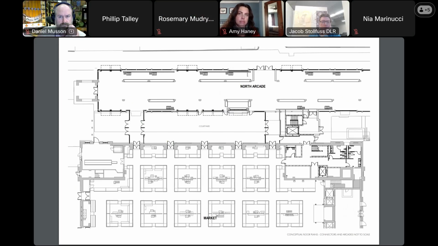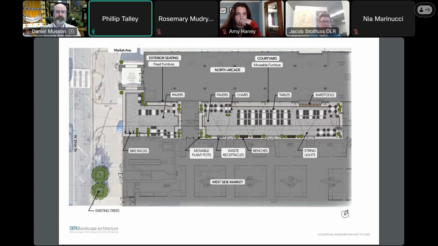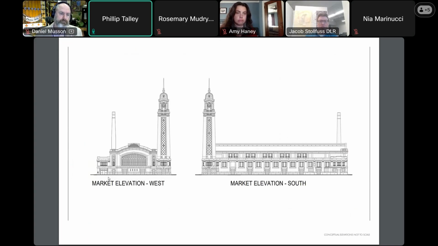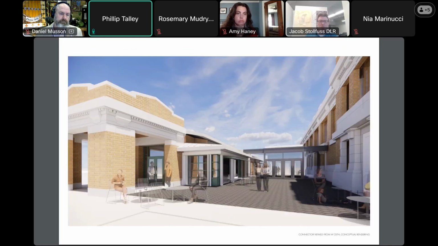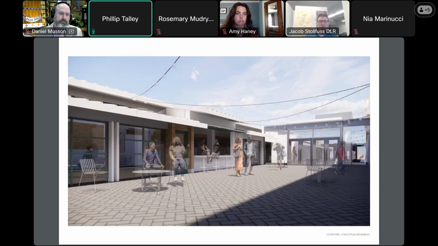I just wanted to echo what Whitney was mentioning about furniture. And Nia mentioned the Finley Market and looking at photos and seeing all sorts of colorful benches, red benches, and things like that. I understand why you went with a gray palette for the courtyard, for both the courtyards and for the doors and everything on there.